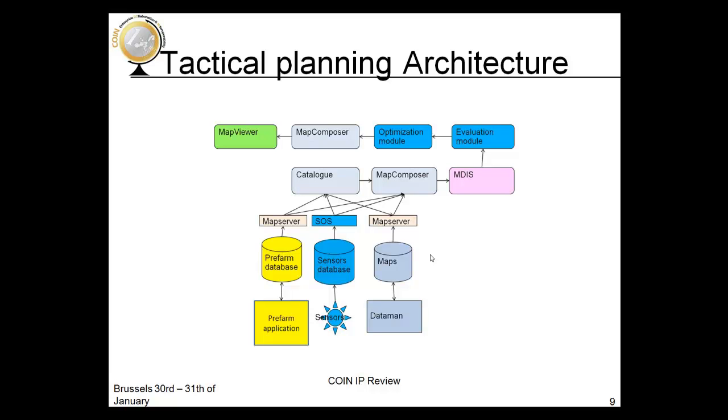The last step of this process is visualization of the data. We can visualize data in the form of tables, but for farmers it's better to visualize data in the form of maps. So we are also using a map viewer for visualization of recommendations coming from the optimization module.